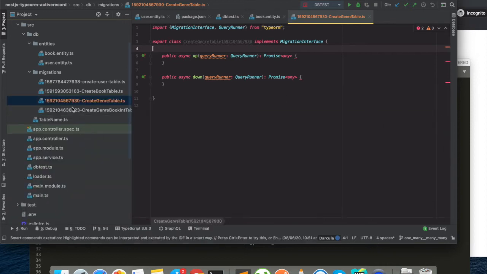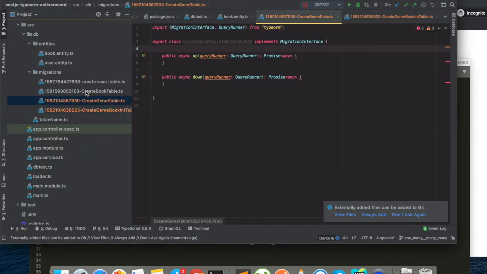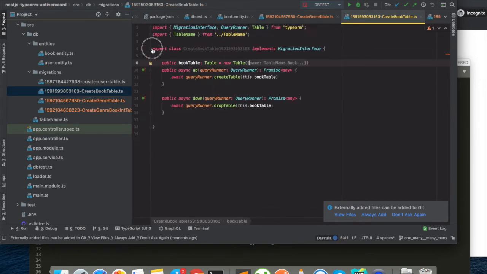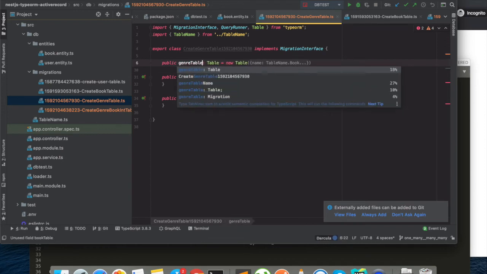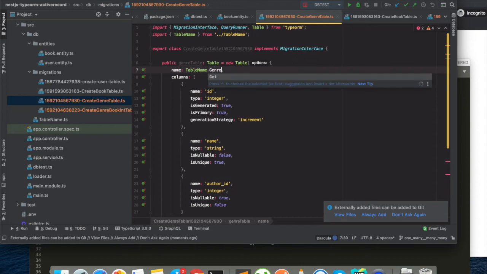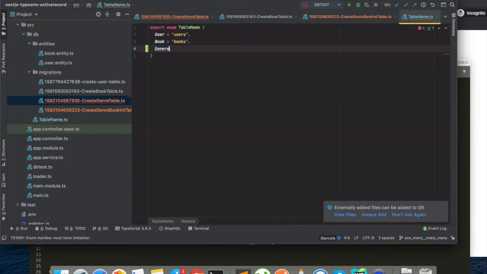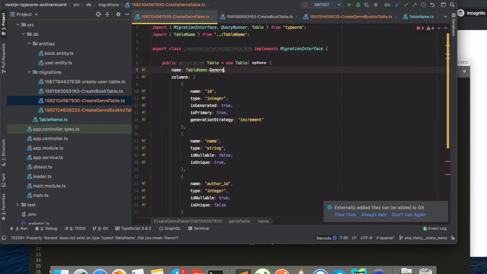So now we have two migrations. Similarly, we are just going to copy paste the entire thing from our book table into our genre table.